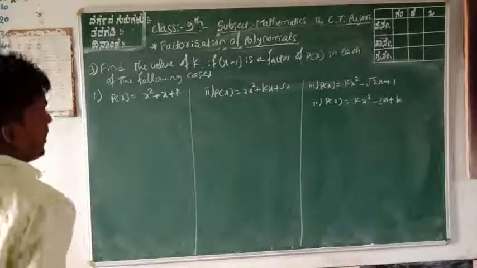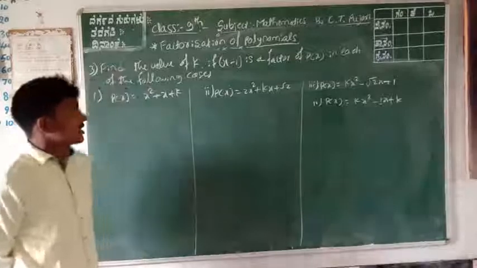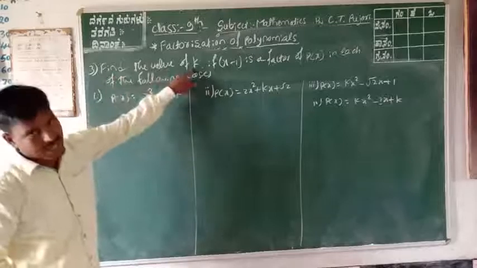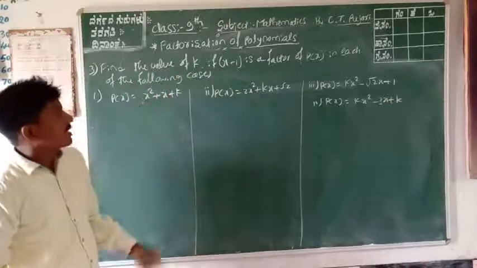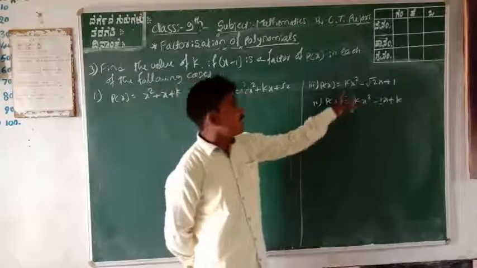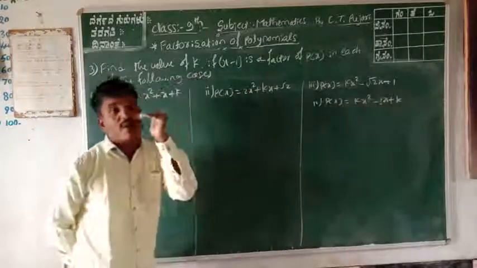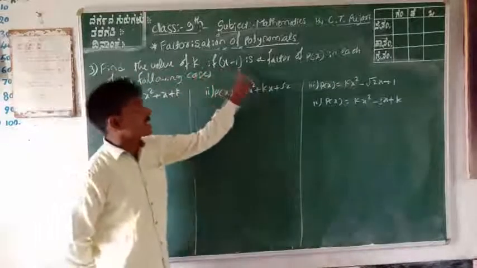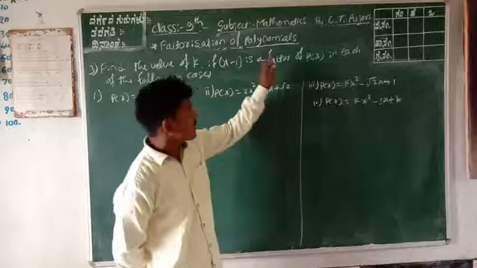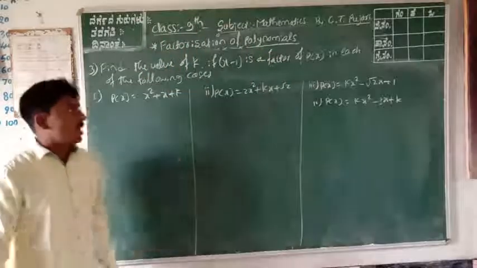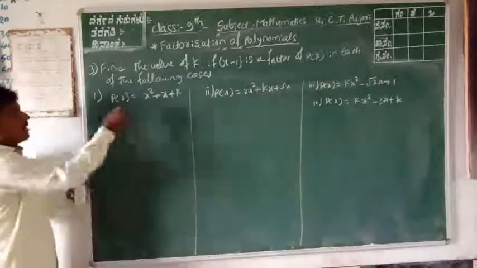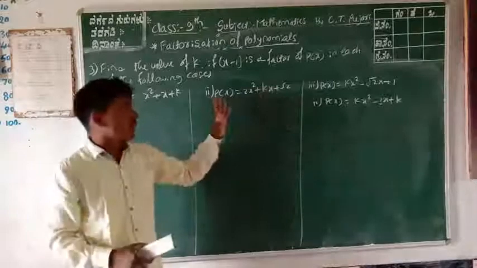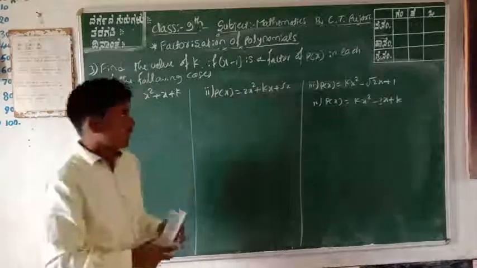This is the third method. In the polynomials, the g of x is given, that is x minus 1 is a factor. Check yourself once again. Find the value of k. In the first polynomial there is k, in the second polynomial k also. In all the polynomials, k is unknown and you can find its value. The main question is: find the value of k if x minus 1 is a factor. You can find the k value in p of x. There are 4 examples here. I will solve only 1 and 2. The remaining examples are homework.